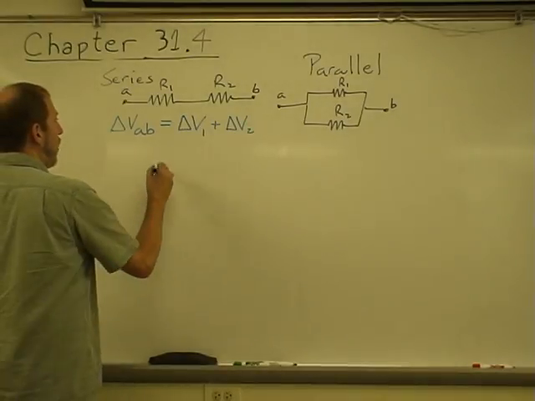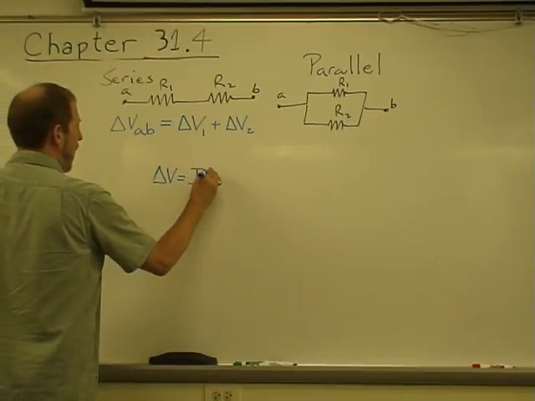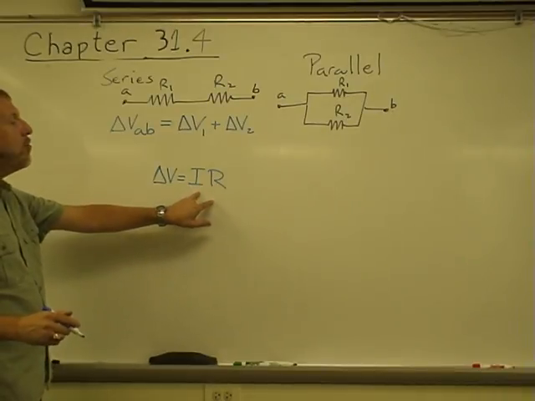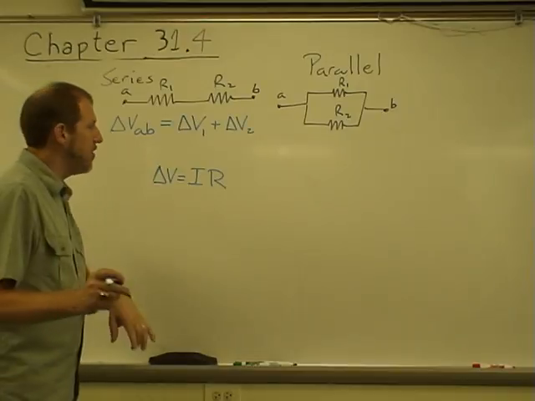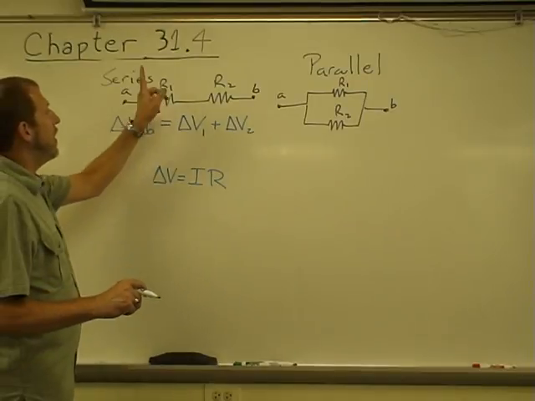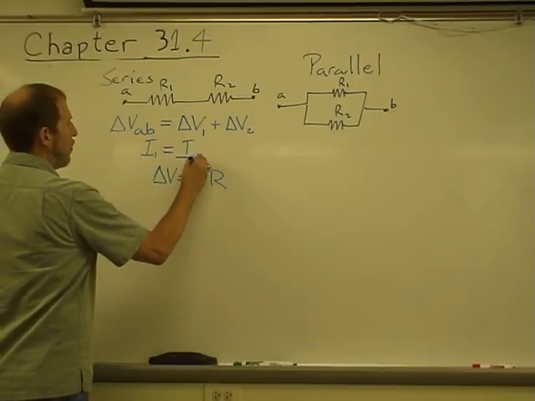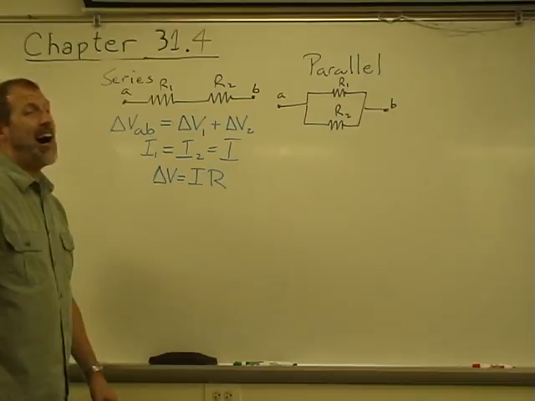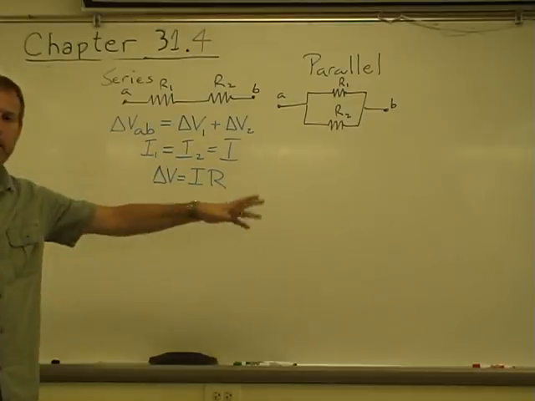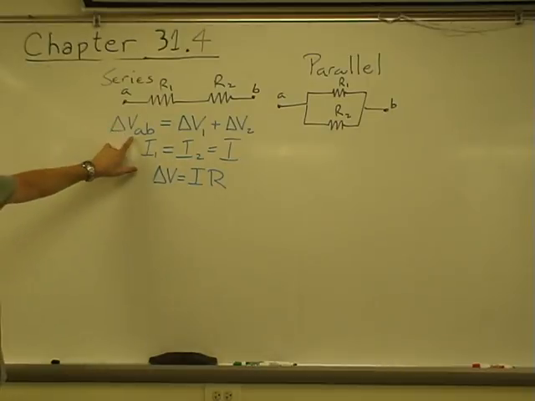And I have Ohm's law to work with, that delta V is equal to IR for a given element, or if I'm able to collapse these down into a single effective equivalent resistance, this is true for that equivalent resistance. I can look at this and say, okay, the current through resistor 1 has to be equal to the current through resistor 2, has to be equal to some current I. Why does that work? Because there's no place for the current to enter or leave. The conservation of current says that that's not going to happen magically, which means that if I look at this, I can say, okay,